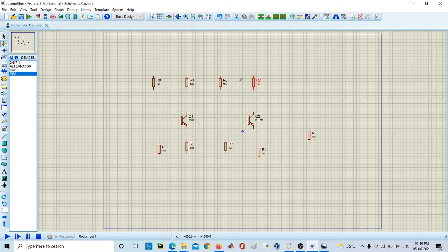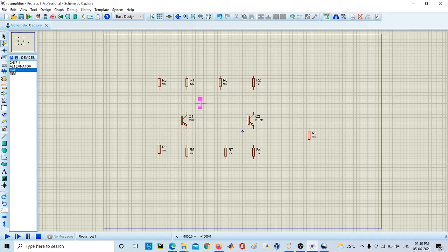Okay, make sure that the alignment of all the resistors is proper, so the circuit looks good. Okay, now we are going to select the capacitor. Select capacitor here.